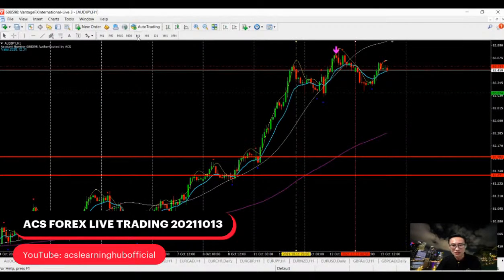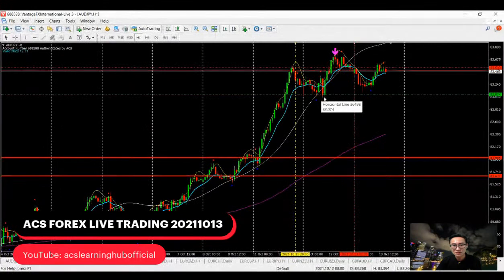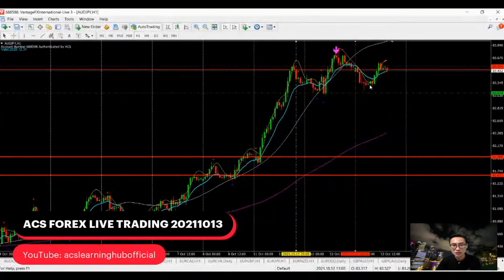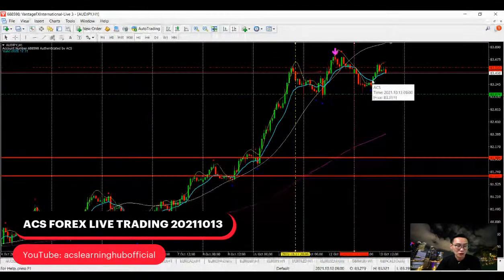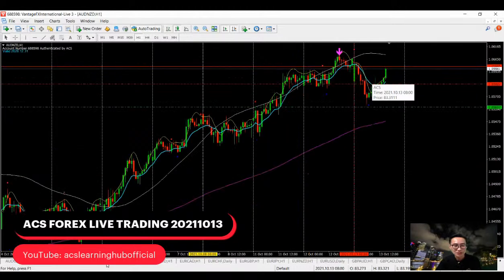Right, so Aussie yen, all this movement in the 1 minute chart is tentatively still showing it hits on the resistance, comes back on the support, forms up the support, comes for another resistance, and comes down with a higher low where it's not coming down to break the support over here. It builds up a higher low, very likely this is going to continue for a bull run. So we've got to be careful.